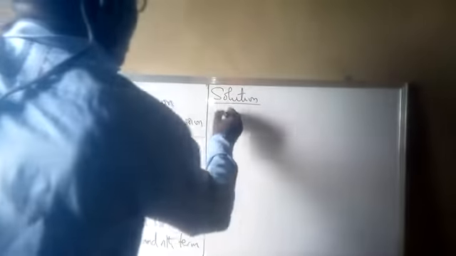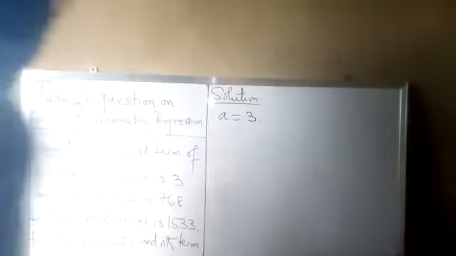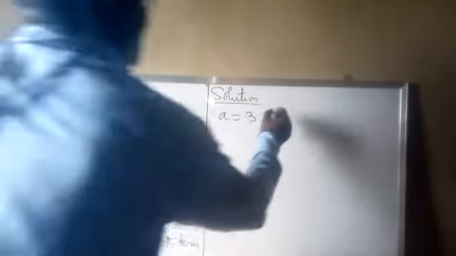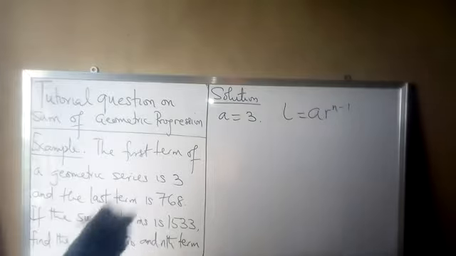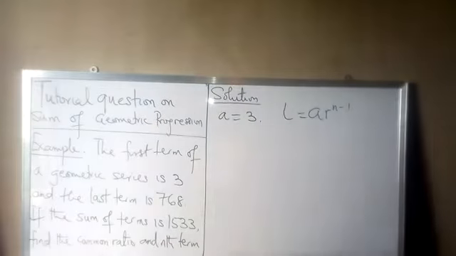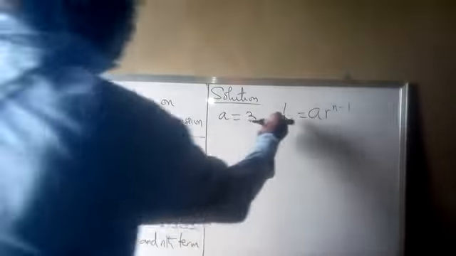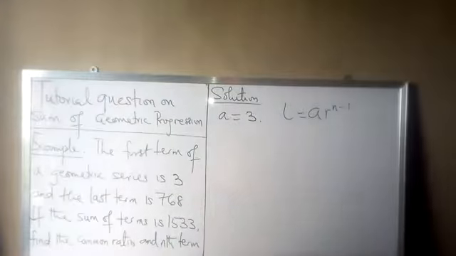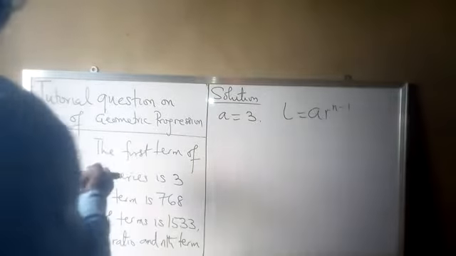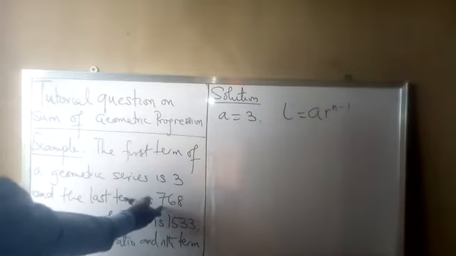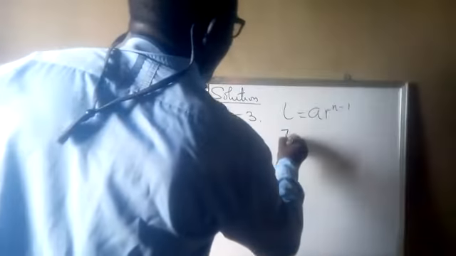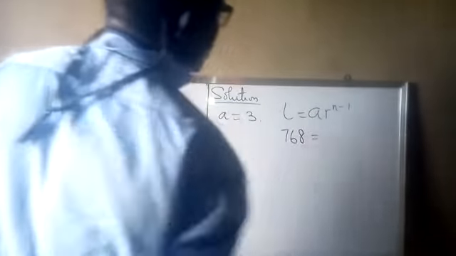The first term, a, is given to be 3. The last term, we know, for a geometric series can be found using a r raised to power n minus 1. The last term is the same thing as finding the nth term of a geometric series. If the last term is given, we use L to replace the nth term. And the last term is given as 768. So we have 768 equal to